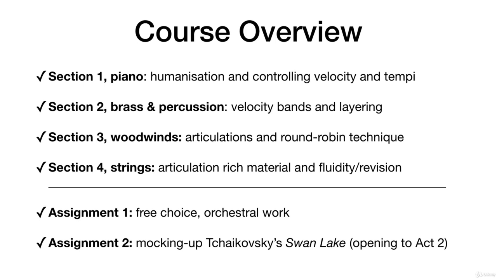In the final section, we will work on Grieg's Anitra's Dance from, I think it was, Peer Gynt Suite No. 1, applying everything we have learned, seeking to gain greater fluidity, ready for the assignments. It will also introduce the need for many different articulations, particularly in the first violin part. Structuring the course around the instrumental families allows us to focus on their idiosyncrasies, or their family-specific characteristics even more, preparing us for the two assignments.